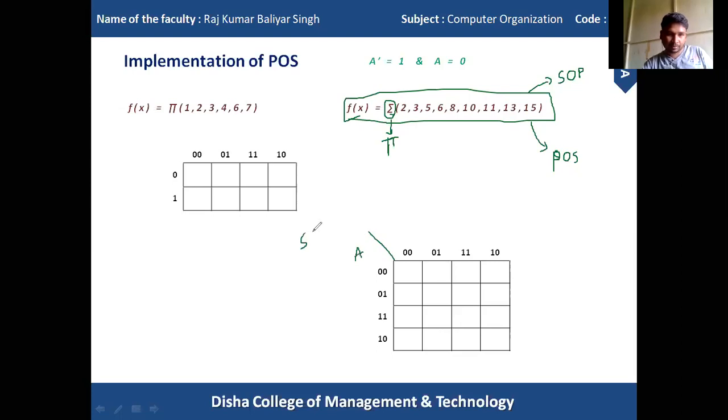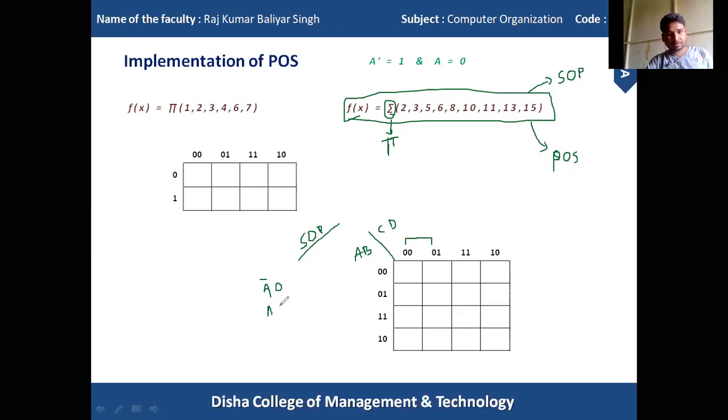Okay, for the case of SOP, this side is written as AB and this side is written as CD. If we combine these two columns into a single one, look at this column direction. I'm talking about SOP, right? Don't get confused. In SOP, the complement value is represented with 0 and the non-complement value is represented with 1.